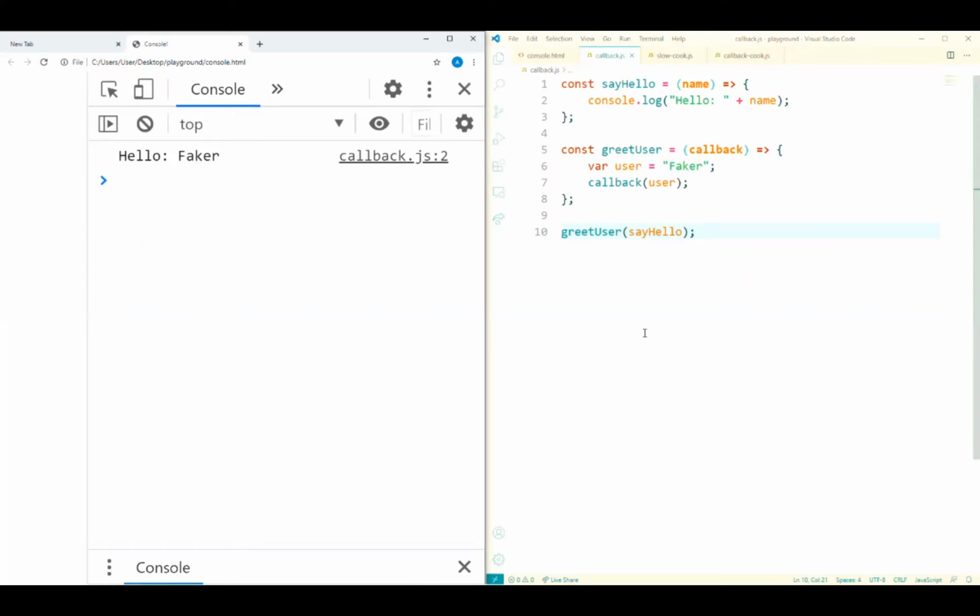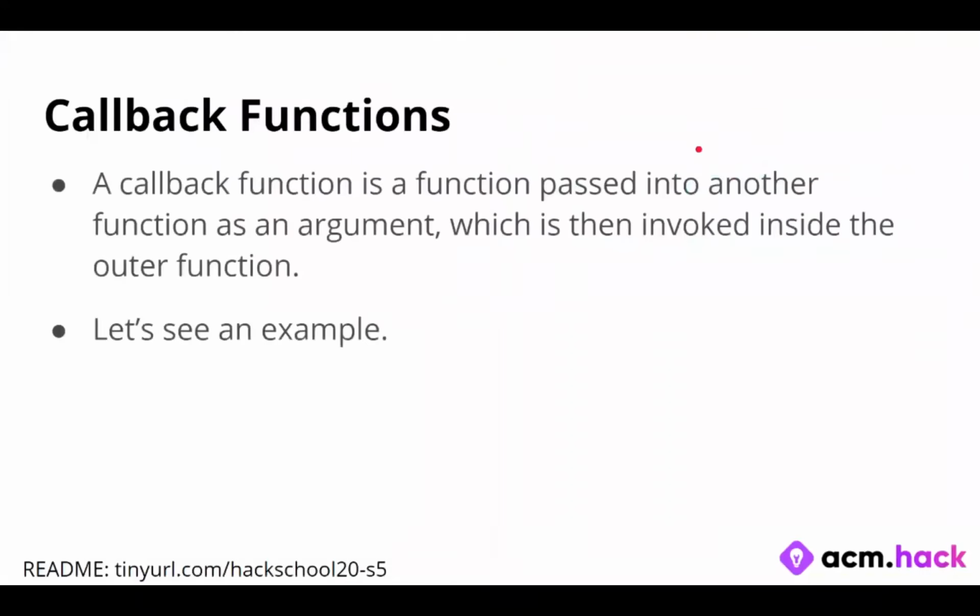Right, I'm going to stop for any questions. What we did was introduce a callback function. Any questions? Nope, okay. Let's go back. So we introduced a callback function. We now know what a callback function is. Now, can you go over the order of execution with those functions one more time?